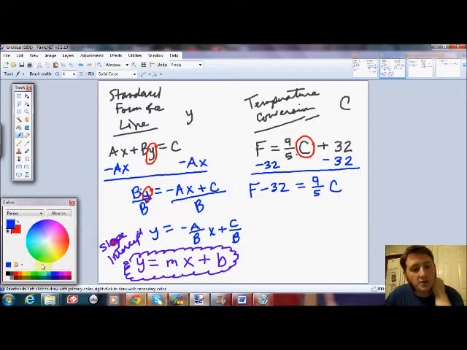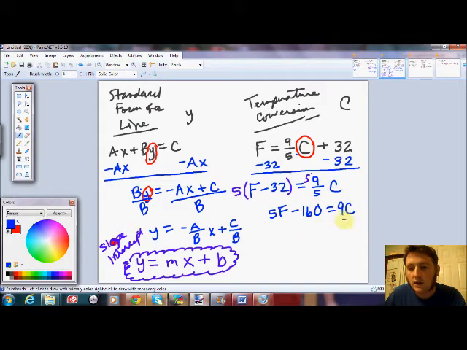Now to make it 100% clear what I'm going to do, I'll switch to purple for a second. I don't like the 9/5. I don't like it because of the denominator. And so I multiply by 5, those will cancel out. But that means I need to be careful and make sure I distribute over here. So you end up with 5F. Now, 5 times 32. Well, 5 times 30 would be 150 because 5 times 3 is 15. 5 times 2 is 10. So 150 and 10 is 160. So minus 160 equals